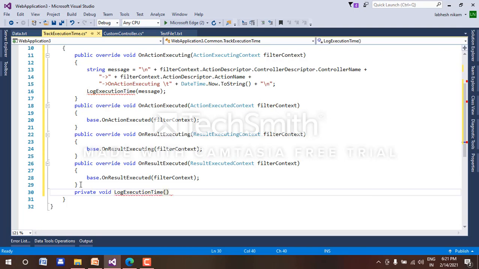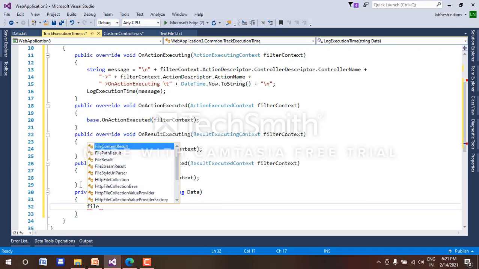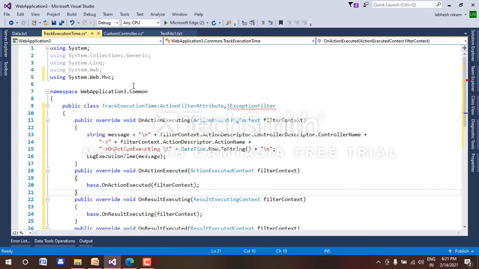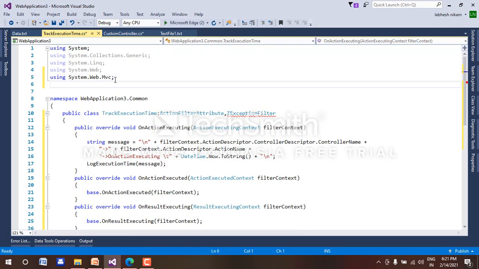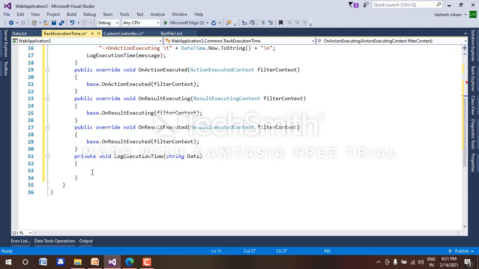Inside of that we will pass the data, suppose it is string data, and let's invoke it using file. It has not happened, so we have to add one namespace so that the text file will be executed using that: using system.io, input output. Now it will take the file.